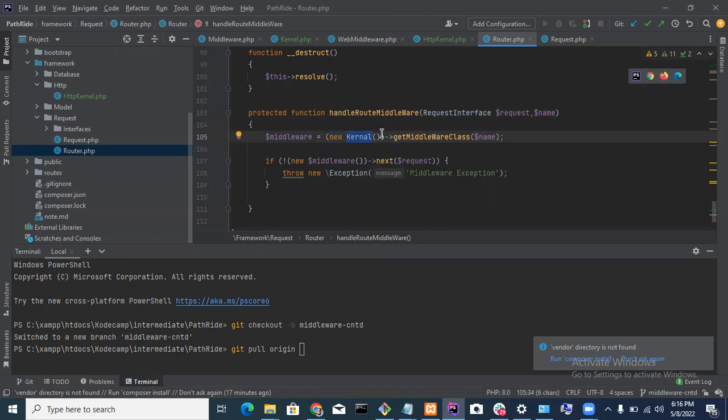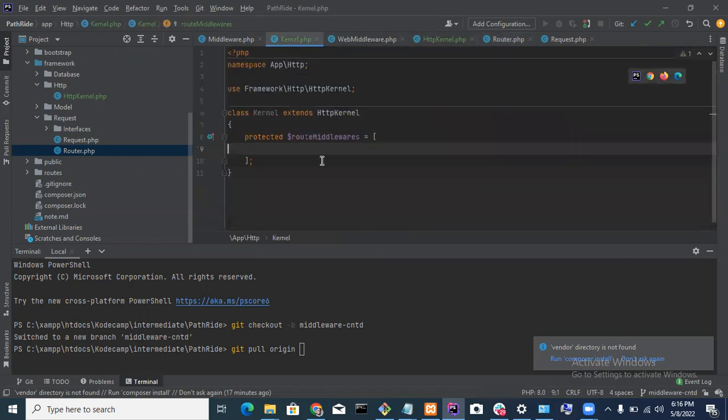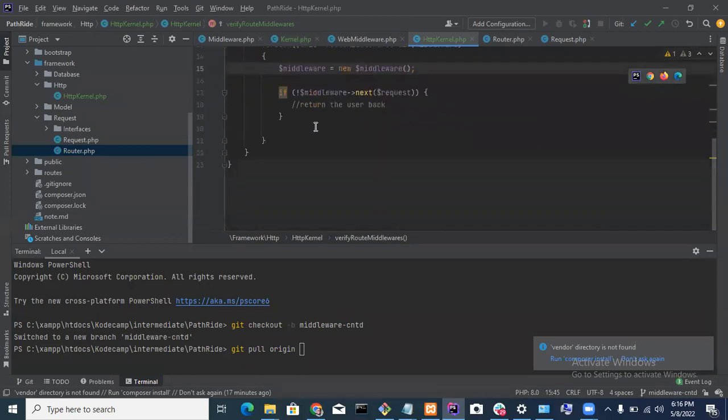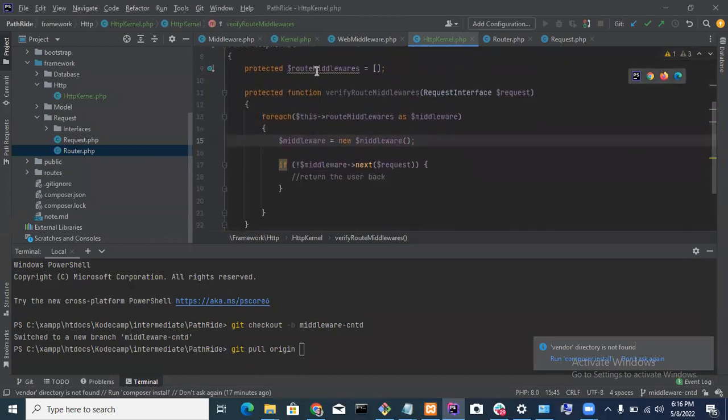So of course we have this get middleware class. Yes. The name. So not batch. So I can abstract. All right. So data. So let me put it here, because this is a protected whatever this is. Okay.